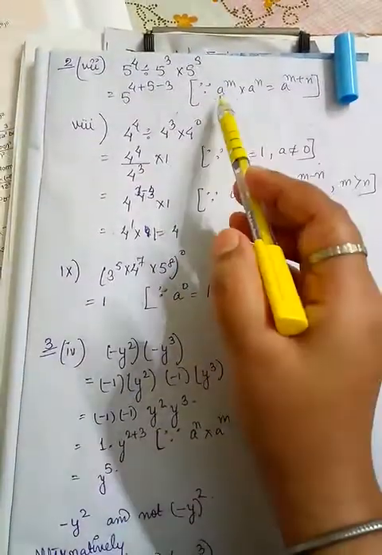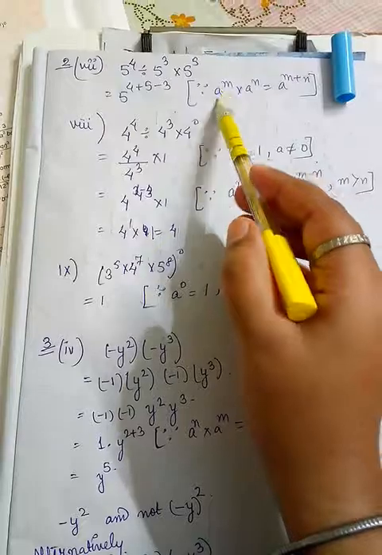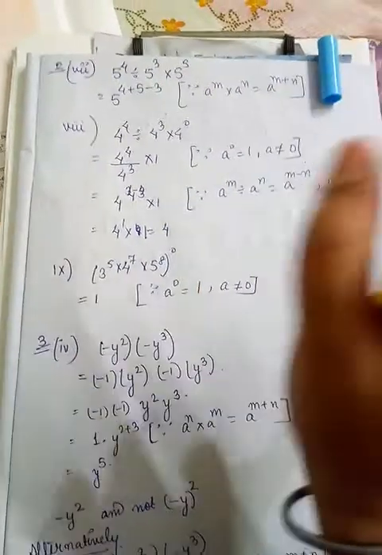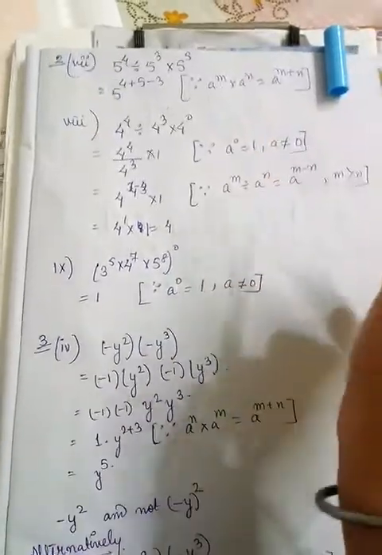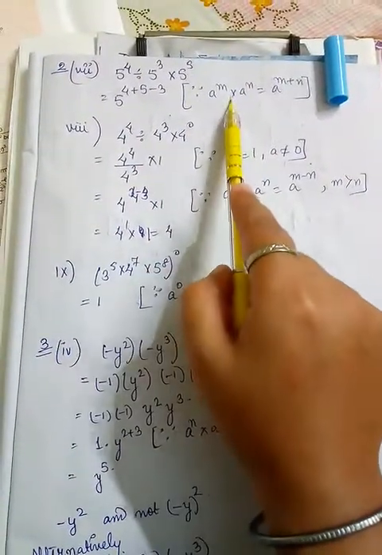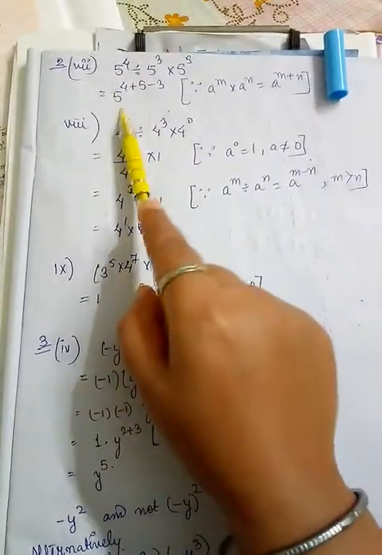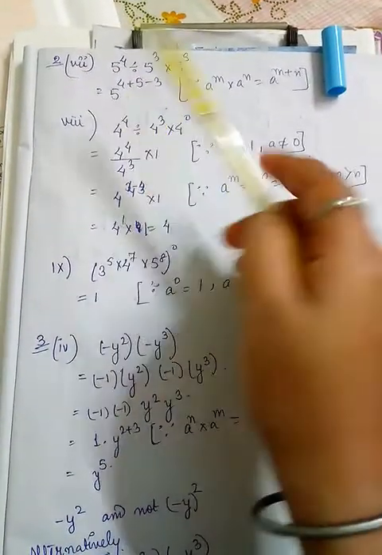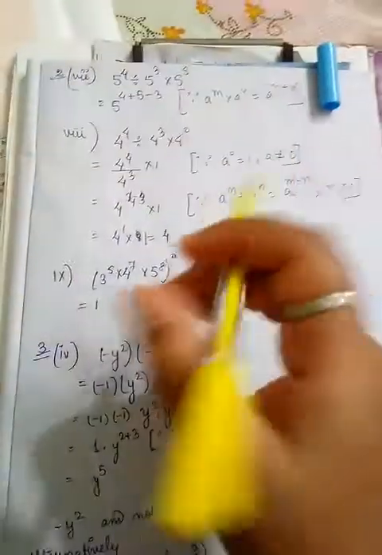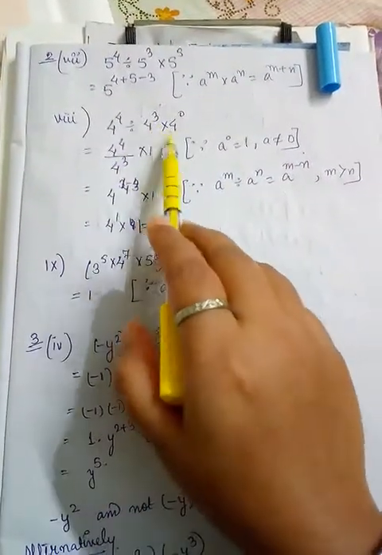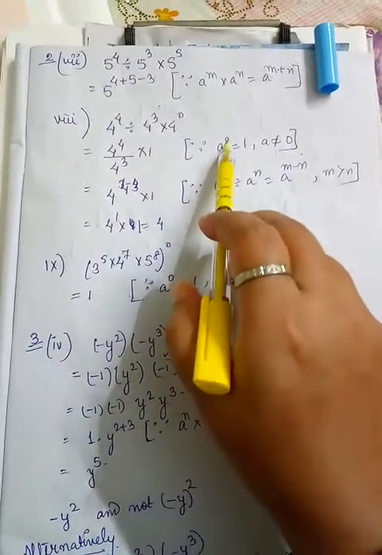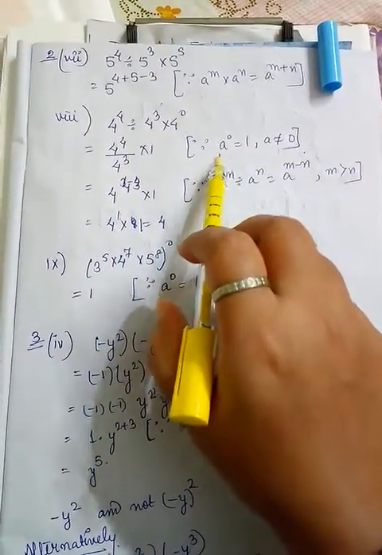Now I have seen some of the students writing a to the power 4 into a to the power 3 equals a to the power 4 plus 3. Children, you will not give the exact numbers that have been written. You will just write the general formula of whichever term you are using. Again, if there is any question which requires two indices, as for example in this one we have 4 to the power 0 is equal to 1, because anything to the power 0 is equal to 1. So you have to write this.